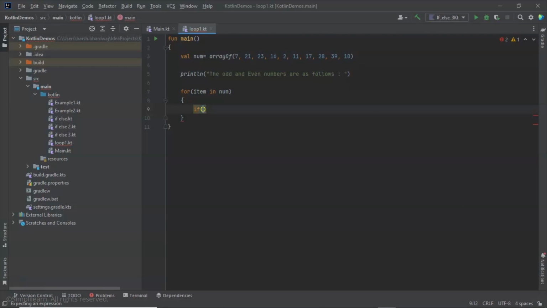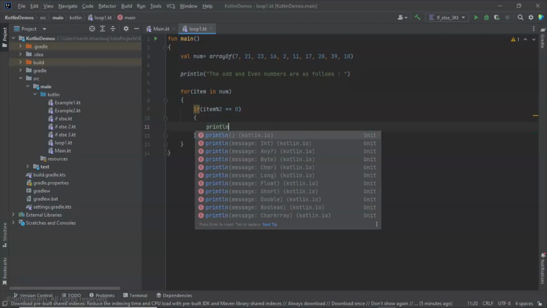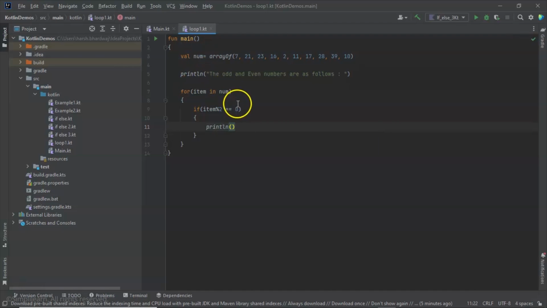Now we have to print even and odd numbers. The logic is simple. We'll write if item modulo 2, if the remainder is equal to 0, then it means it is an even number. So any even number, when it is divided by 2, will give 0 as a remainder. So if it gives 0 as the remainder, then we will print